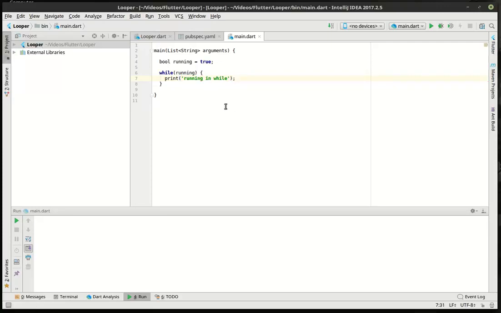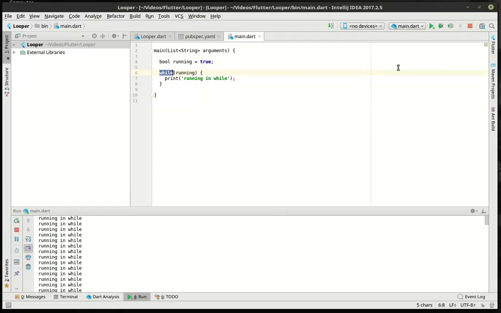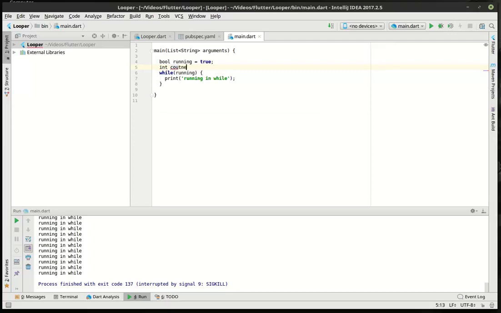Now, if you're new to programming, one thing you should be aware of is that a loop needs a break, if you will, or it needs to be able to stop execution of that loop. Or what happens is something like this, where it just goes boom and it just runs forever. You can see down here, it just runs and runs and runs. And to kind of illustrate that,